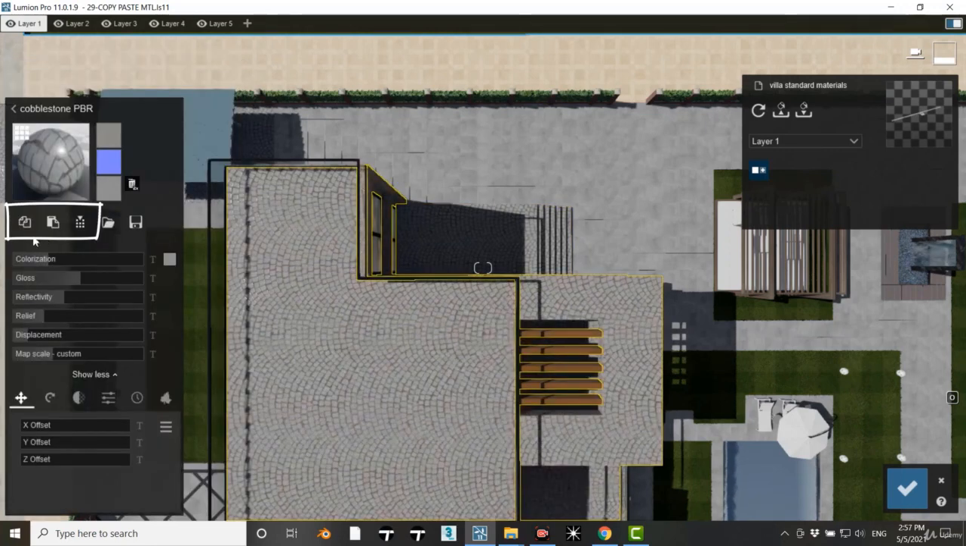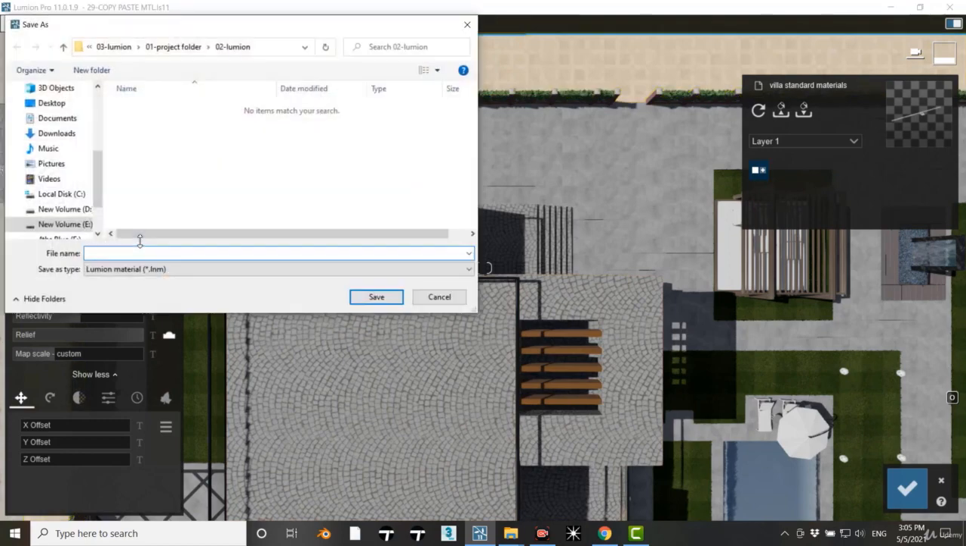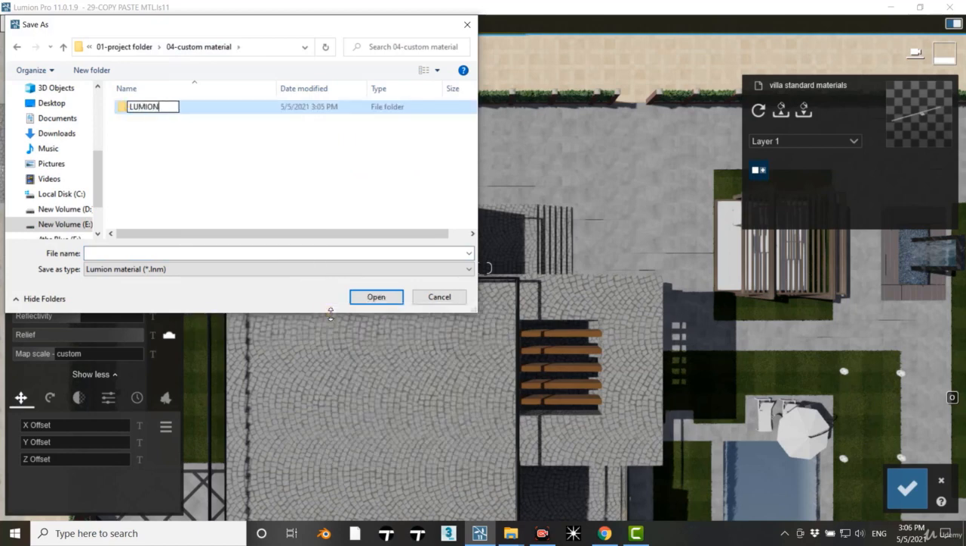Now we learned copy, paste and custom material. It's time to learn saving and loading materials. Let me select this curb material and press Save Material. Now Lumion will ask me where I want to save this material on the hard drive with extension .lnm. Let me create a folder, name it Lumion Materials and save my curb material to